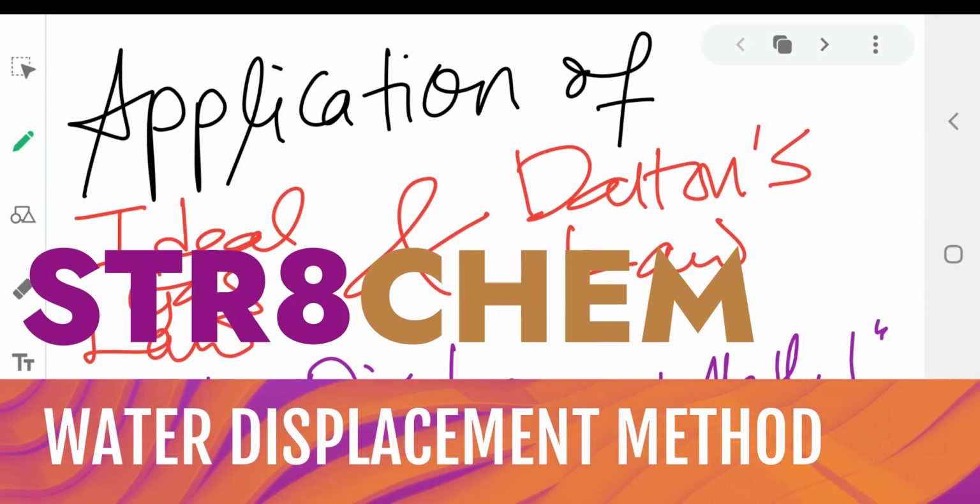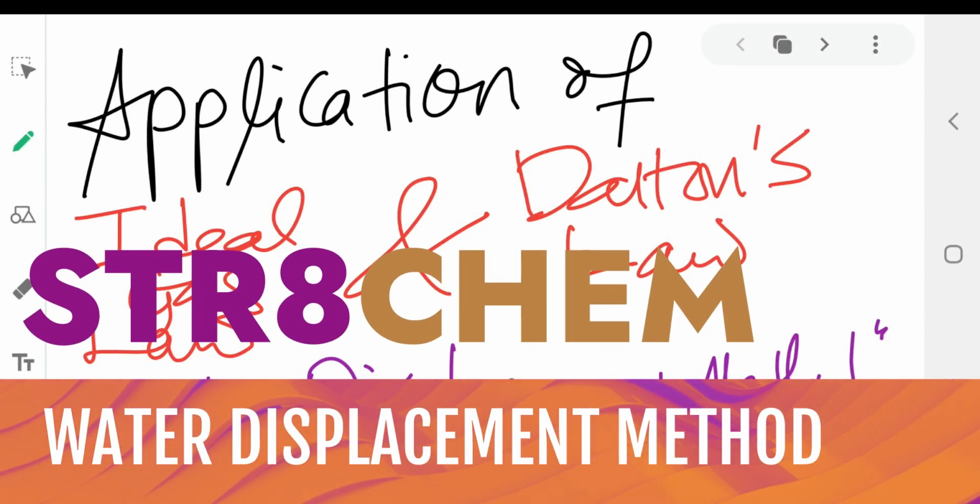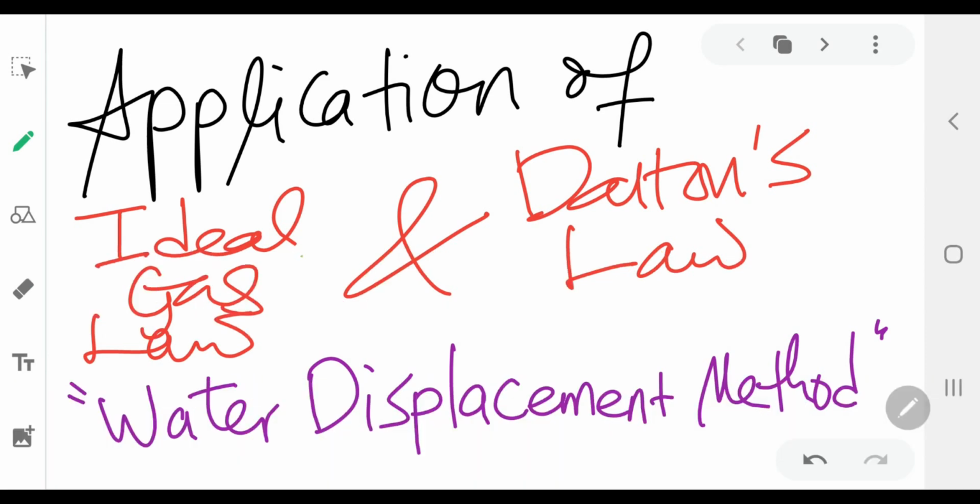Hello everyone, now we're going to look at the application of the ideal gas law and Dalton's law in the famous type of question in matriculation exams, the water displacement method. This is one of the questions that students might find a little bit more challenging, but